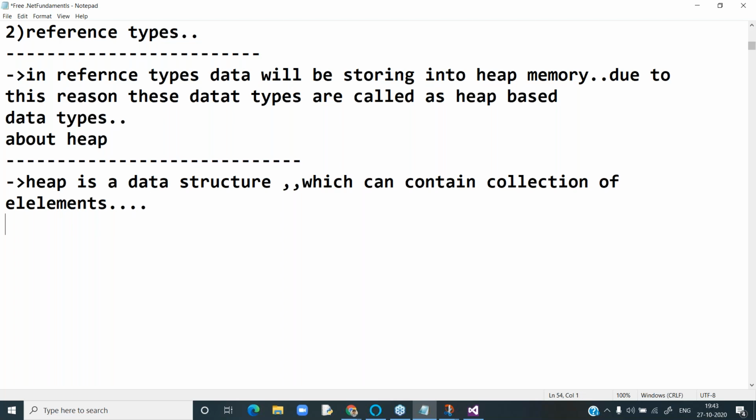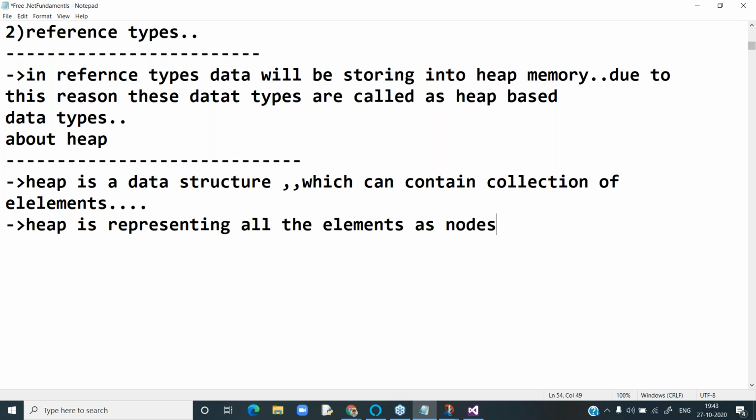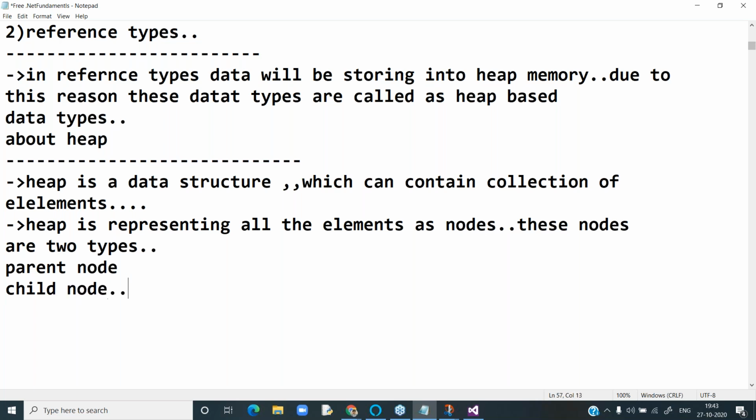Everybody is clear, right? Let me show you a heap in the form of a small diagram. Observe this heap diagram, all of you. It is a binary tree structure. Here 10 is there, then 20 and 30, and again 20.